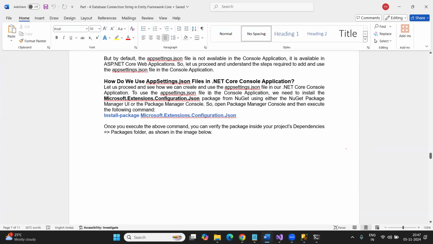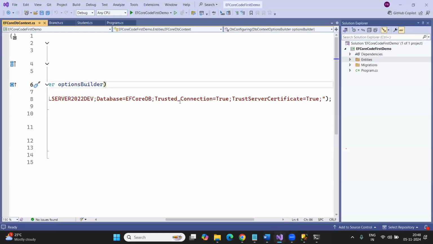Okay. So now what I'm going to do is show you how to add the appsettings.json file into a console application, how to store the connection string in the console application, and how to read the connection string from the console application and use it within our DbContext class. So if you want to add a JSON file, first of all, I need to add this package. Without this package, it is not possible to read the data from the connection string. So first of all, I need to install this package. So let me go ahead and install this package, which is required for working with the JSON file in